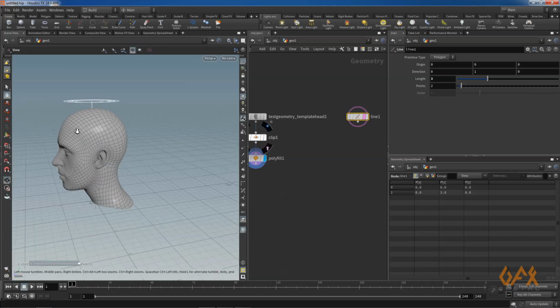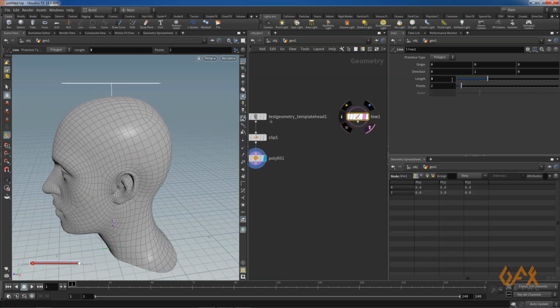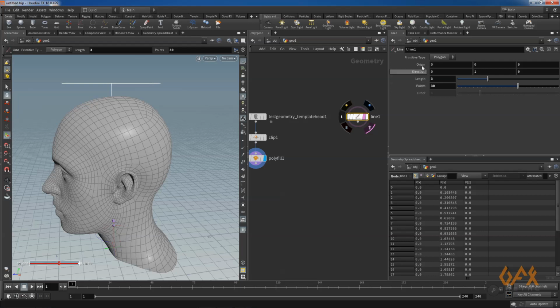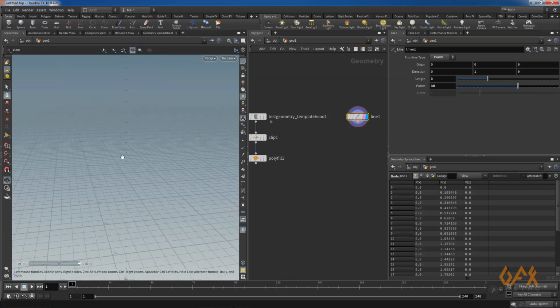And now here I would like to increase the number of points. So right now I set it to 30, and here in primitive type I set it to points. So it just gives me some points over here.